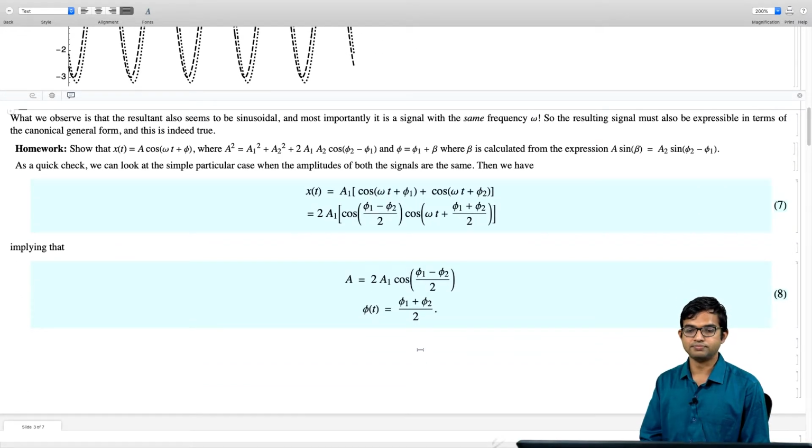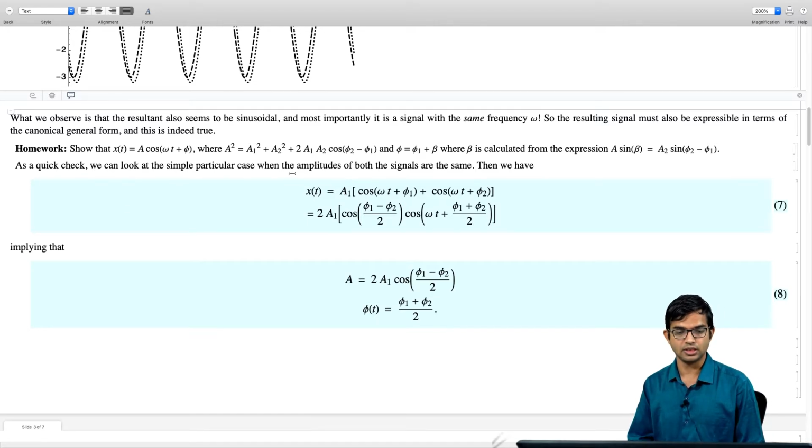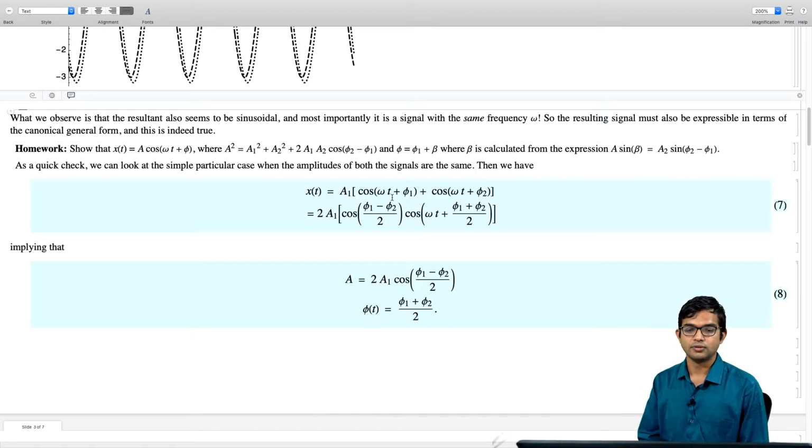Okay, this is just a quick check, but the more general expression is given here, and you can work this out. One can give it a geometrical interpretation, and there is the cosine law, the triangle law, which one can exploit, or you can do it by some other means, right? There is a whole theory of phasors and all these things which you might have encountered in an elementary course on waves and optics and so on. But regardless of your background, with some basic algebra, this is something that can be computed.